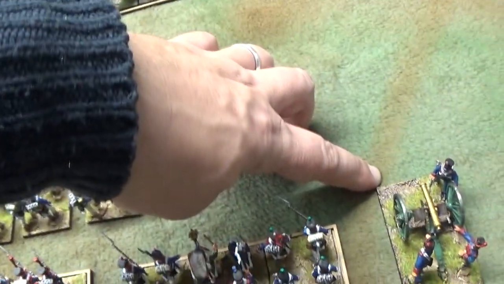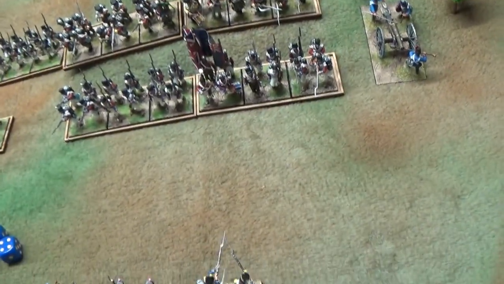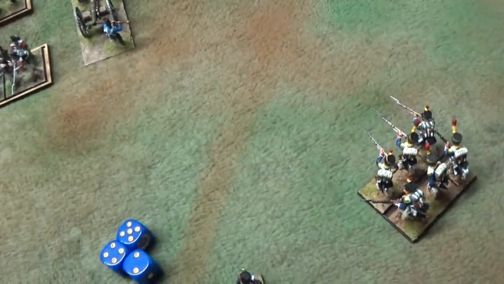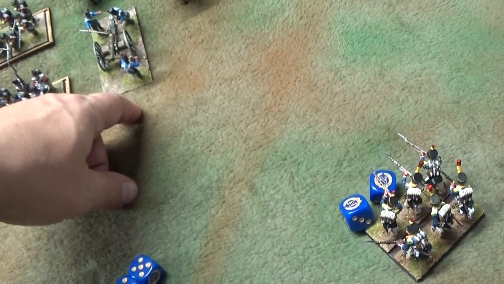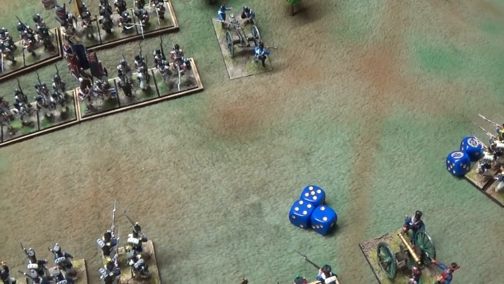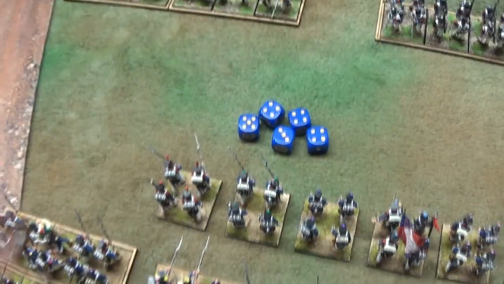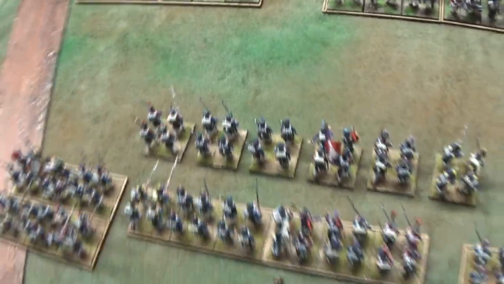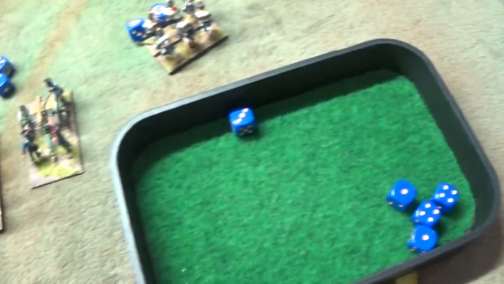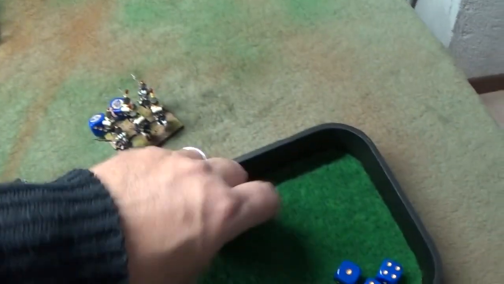2 dice from the artillery plus 1 into the front unit of riflemen, and this one will try to silence the artillery. Okay, so now we roll some dice just for fun and to show you which situation could be present during the game. Now I'm going to roll these 4 dice against the British line in front there. I hit twice, no reroll in this case, so 2 casualty going here, and then 3 dice for